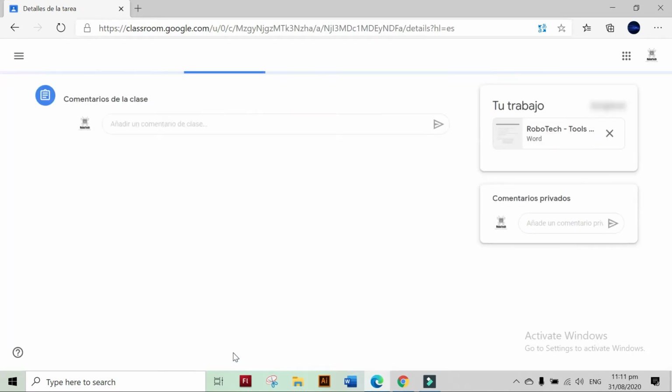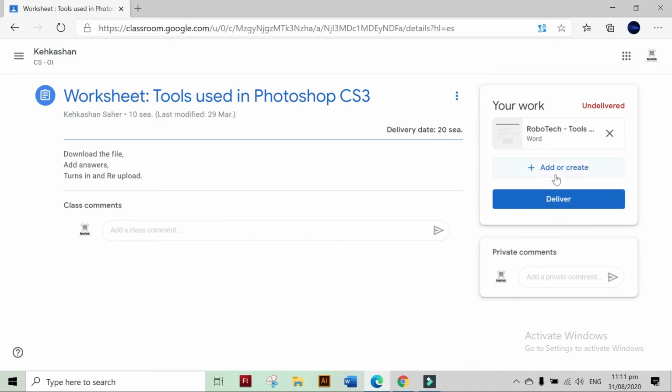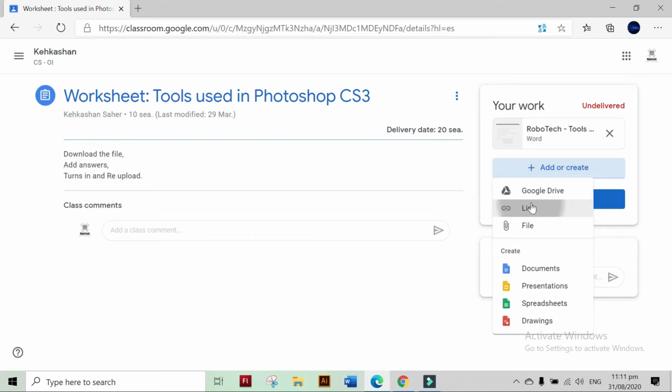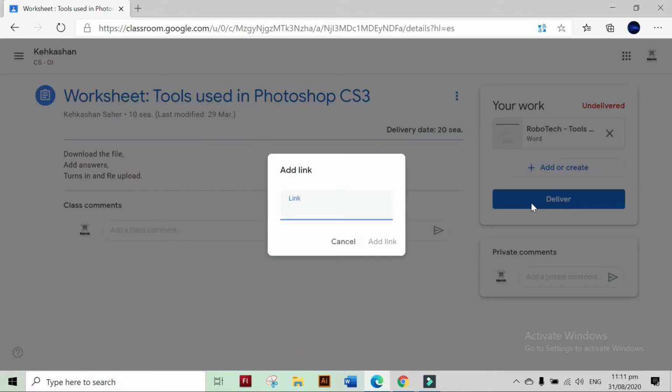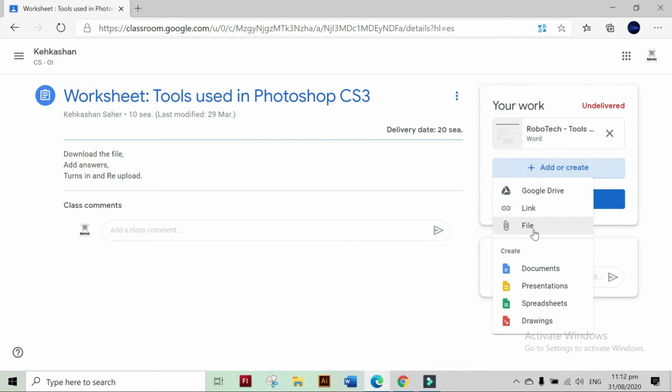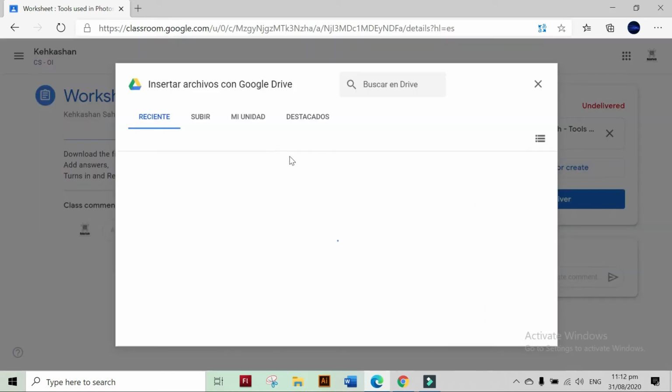And I see details. I add a document over here. Preferably it should be a Word document. So I'm going to upload.